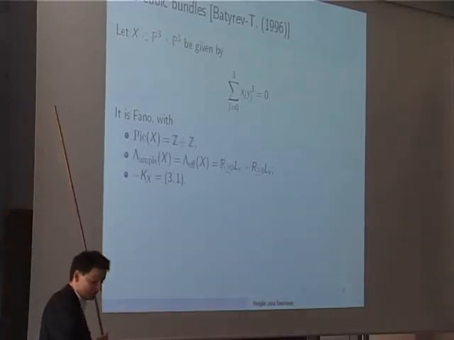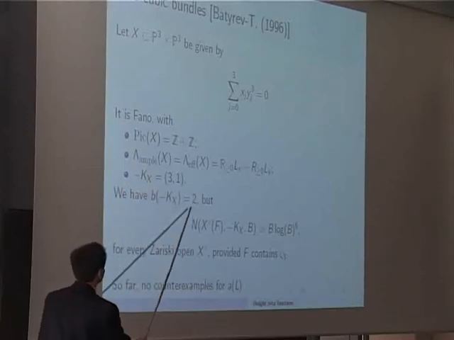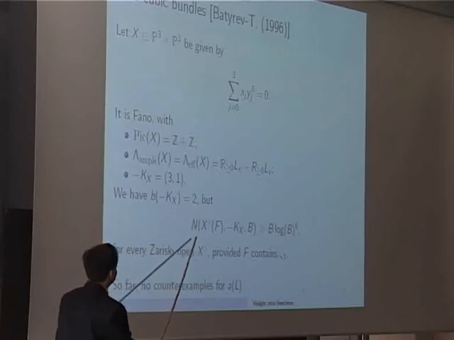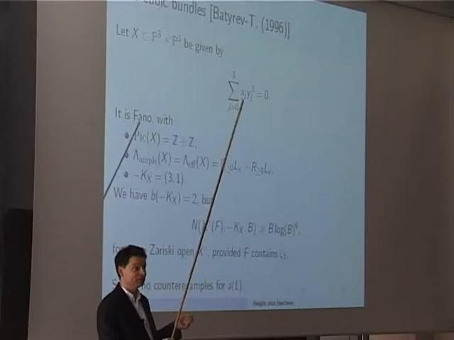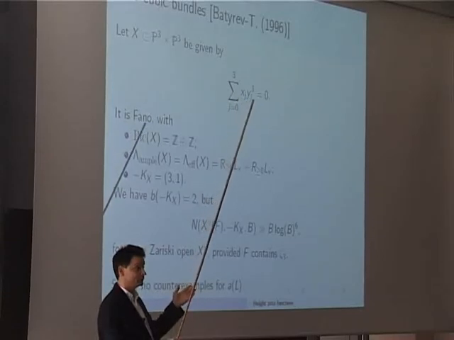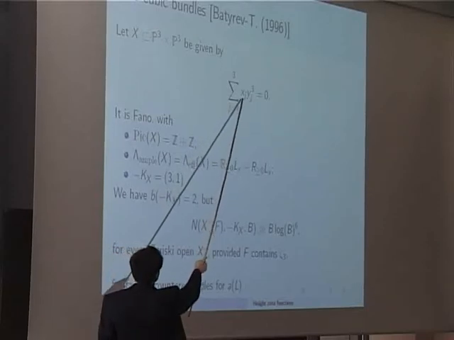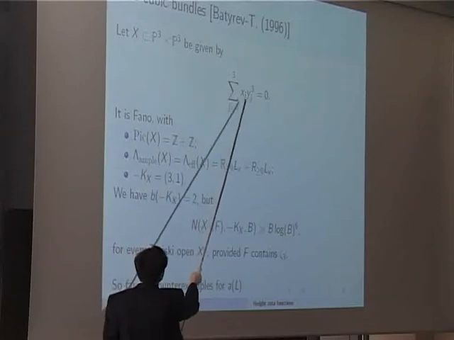But what we do have is the following. So b of minus kx is 2, right? The rank of the Picard group is 2. And so the asymptotic, according to this conjecture, should be b to the 1 log b to the 1, that is 2 minus 1. But in fact, if you restrict, that is, project to the axis, so if you fix the axis,